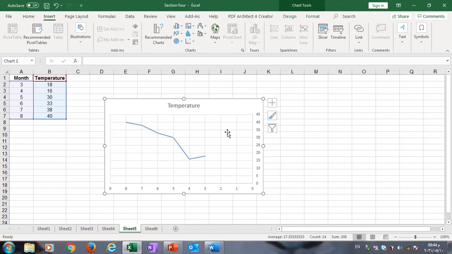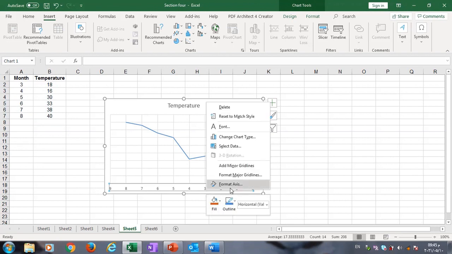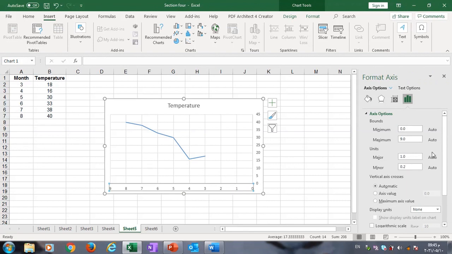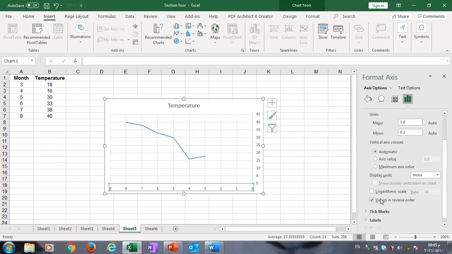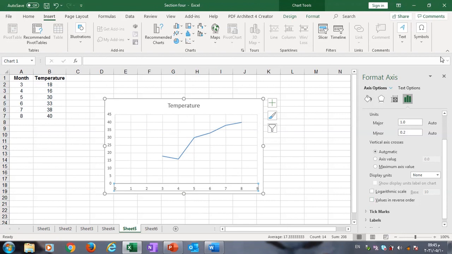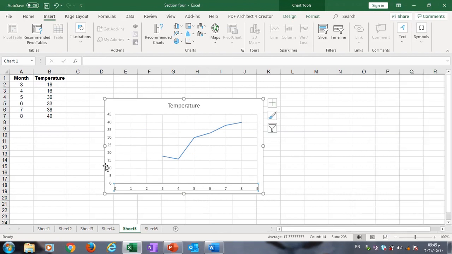this is our chart. We can reverse the axis by stopping here on the horizontal axis and then right click, Format Axis, then choosing Values in reverse order, and you can see it reverses the axis from right to left, and you can do it again and reverse it from left to right as you want. Okay, and this is the time plot